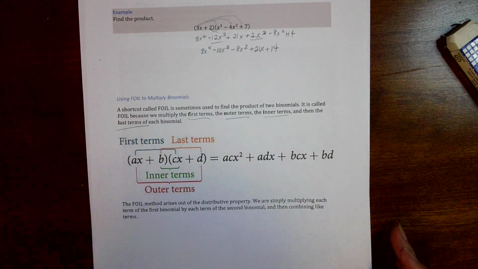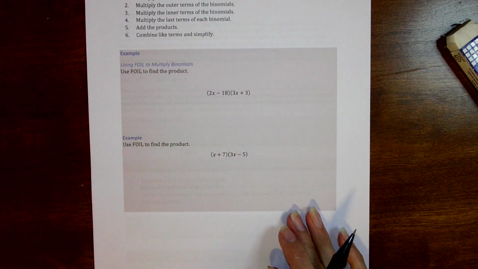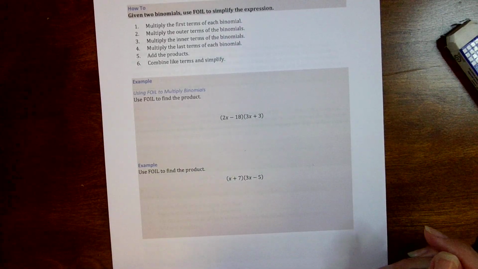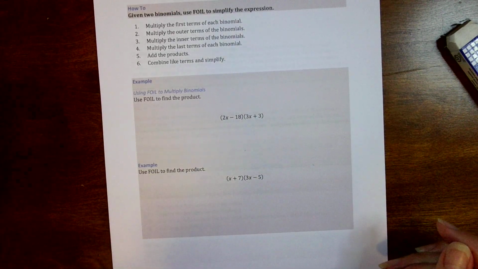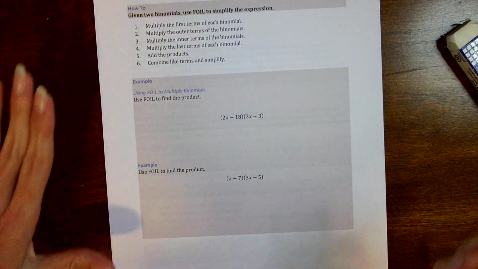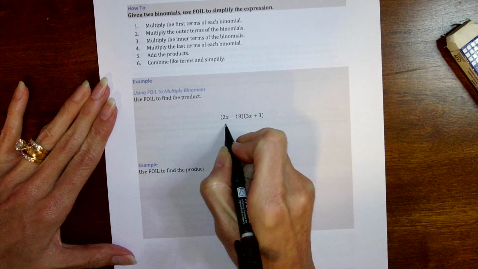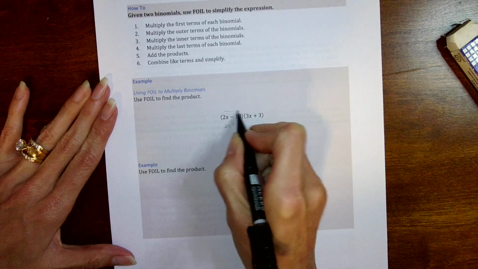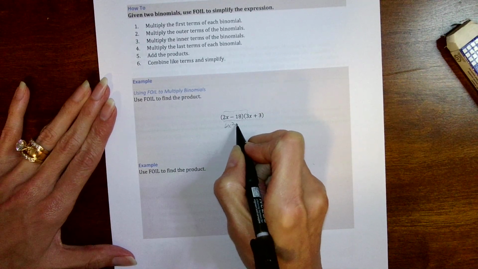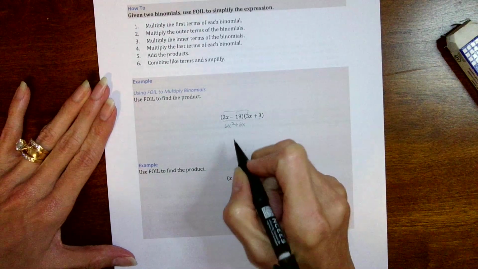And the FOIL method actually comes from the distributive property, but it's a way to remember. So you're going to multiply the first terms, outer terms, inner terms, the last terms, and then you're going to add like terms and simplify. So the first 2 would be 2x and 3x, so this gives me 6x squared. So the outer, 2x and 3, gives me a positive 6x. The inner 2 is negative 18 times 3,